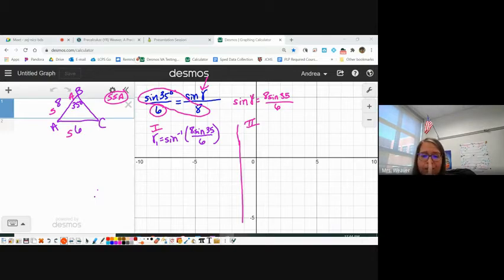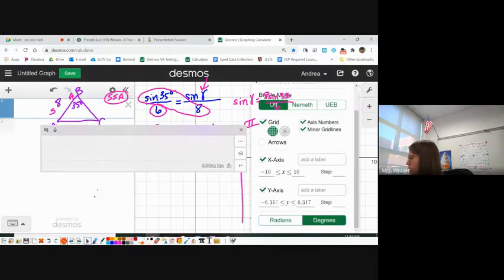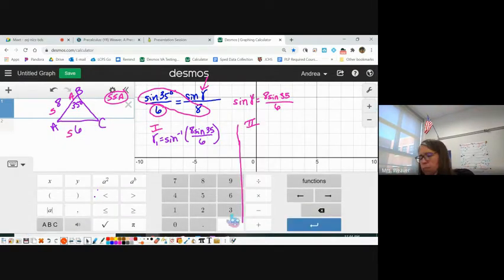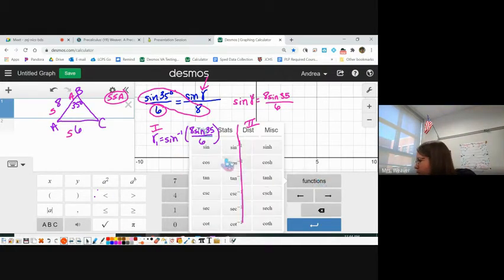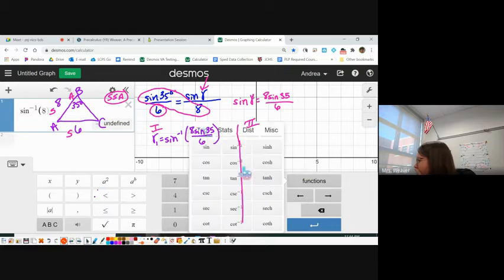Yes, and Megan got it. We want to make sure that we're in degree mode. So I'm going to go check my calculator here. Scroll down to see your mode. I was in radian mode, so I switched it to degrees. By the way, I'm going to switch to my pen when I'm using the keyboard. I noticed that if I use my mouse, it doesn't pop up that extra box. Okay, so we're going to go to functions. We're going to do sine inverse this time. Now the parentheses is open here, so we're ready to go. I'm going to do 8 sine 35,